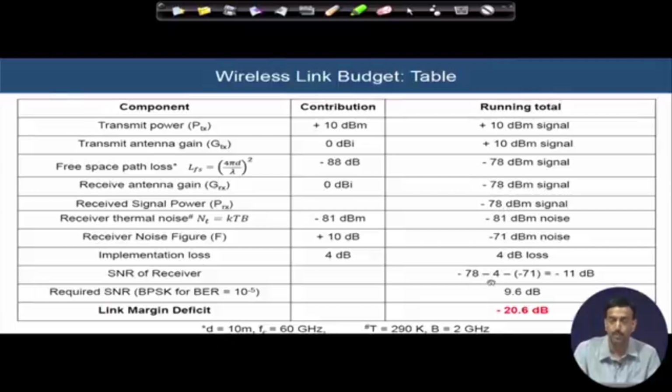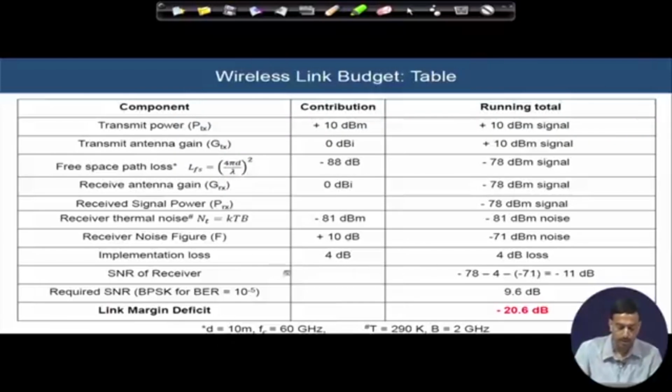We subtract the implementation loss of 4 dB, and we further subtract, because noise is in the denominator of the SNR expression, minus of whatever was the noise value, which is minus 71 dBm. So it turns out that the signal to noise ratio at the receiver in this particular case is minus 11